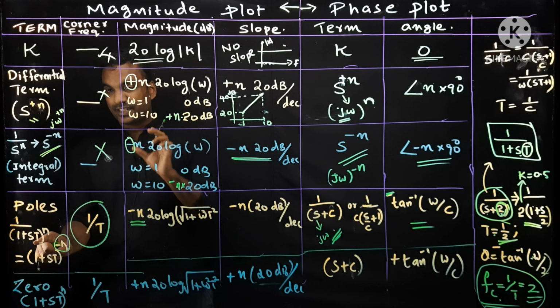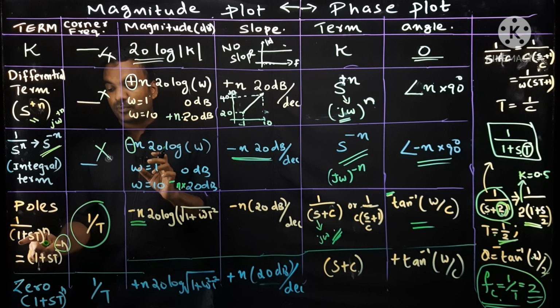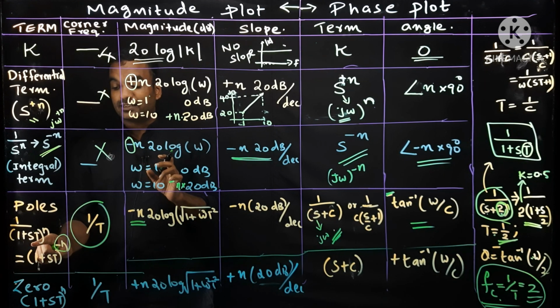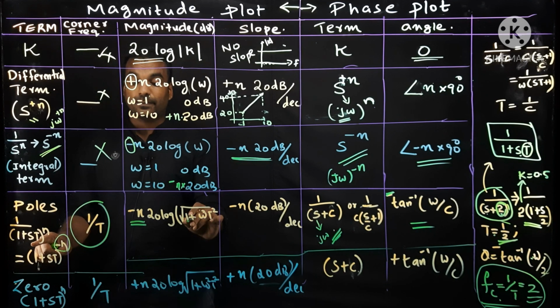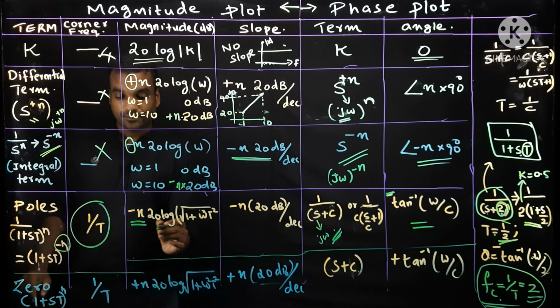J omega t is an imaginary thing. So it has both real part 1 and imaginary part omega t. So its magnitude will be the square root of real part plus imaginary part, like